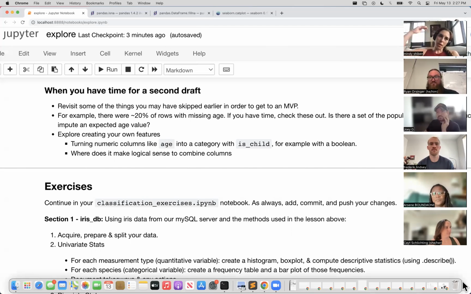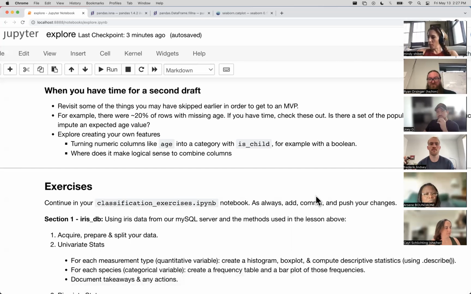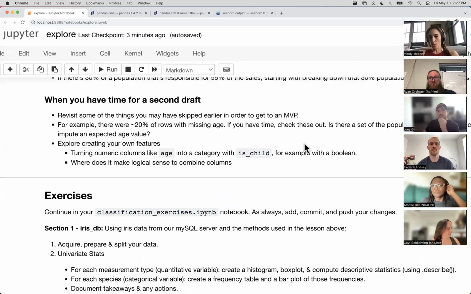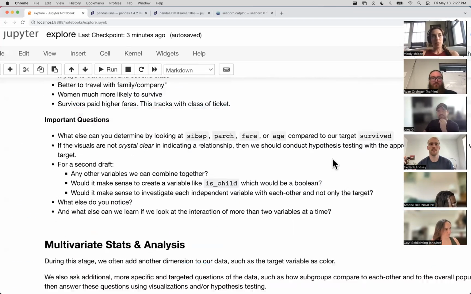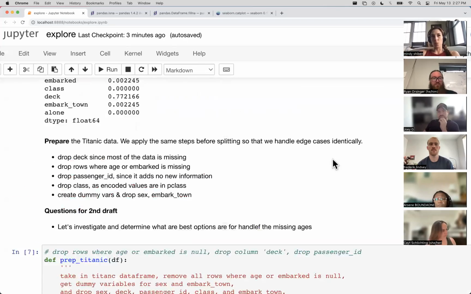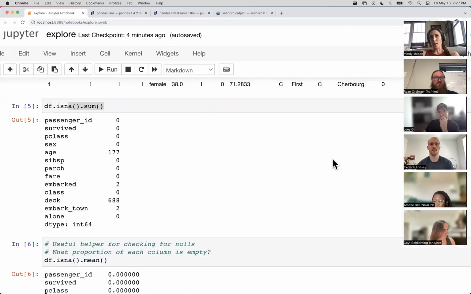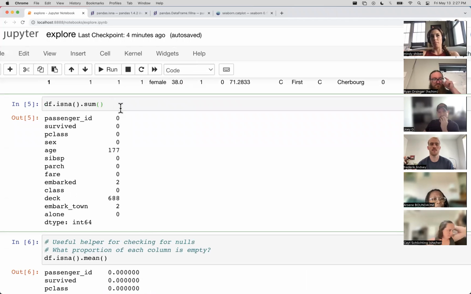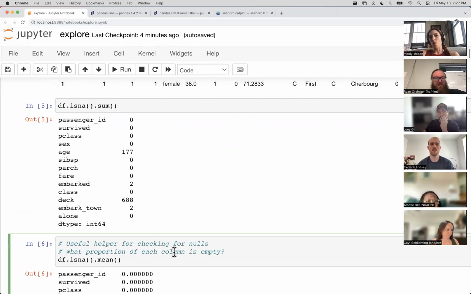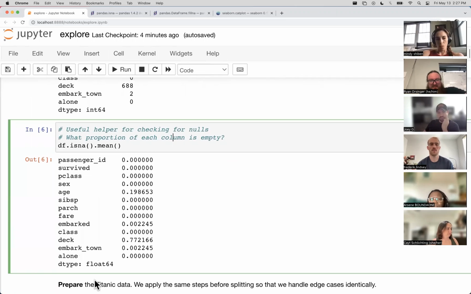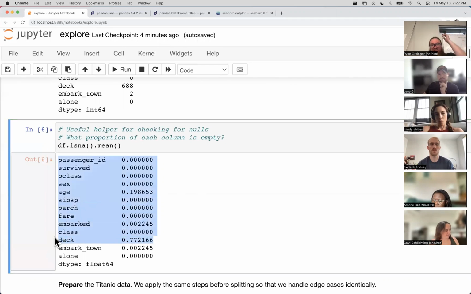Yeah, this is actually kind of going back to the beginning of the lecture, but you gave us that really great tool to see what percentage of nulls you have. And I know this is going to vary depending on a bunch of situations, but just in general, is there a cutoff? Like if you have more than, I don't know, 20% nulls in the column, what would be definitely just drop it and don't try to do anything else with it at that point? I would say if a column is 77% null, it's basically garbage.